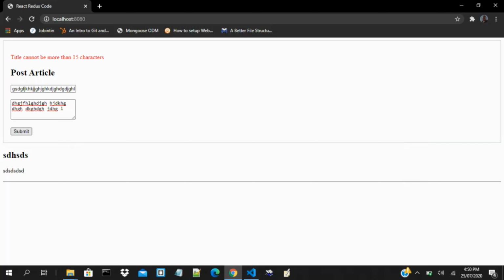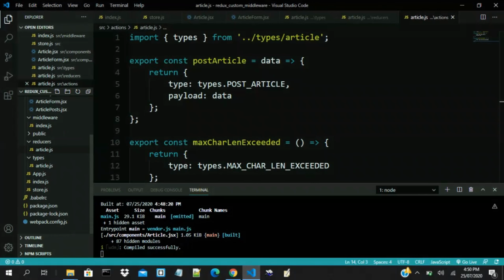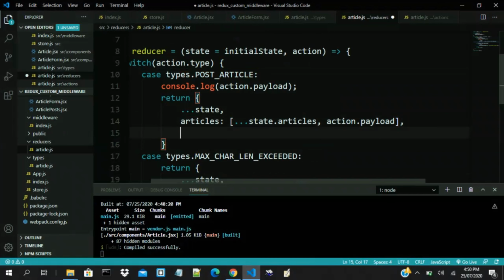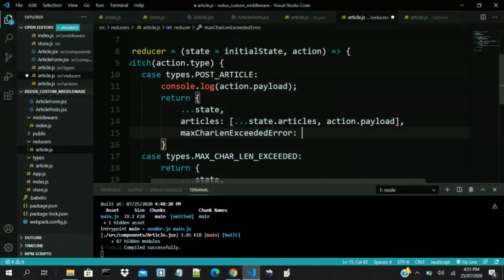And there's something we need to add here, because if we still reduce the length here, let's say I bring the length to this, I still fire it, it will go, but this will remain. So we have to go to our reducer and clear that. So what we believe is that whenever this guy is going to fire, then it means it has successfully bypassed the condition that has been stated in our middleware. So it means it is valid. Then we're going to have something like max character error exceeded. Then we change it back to